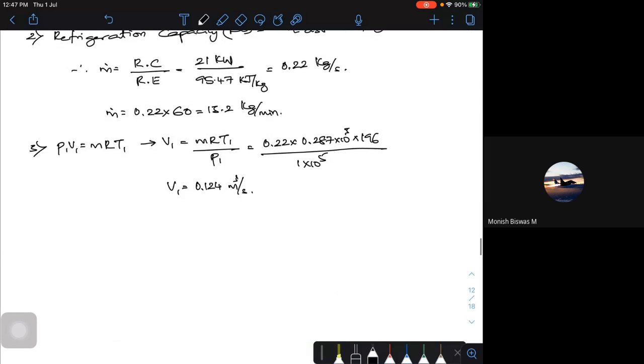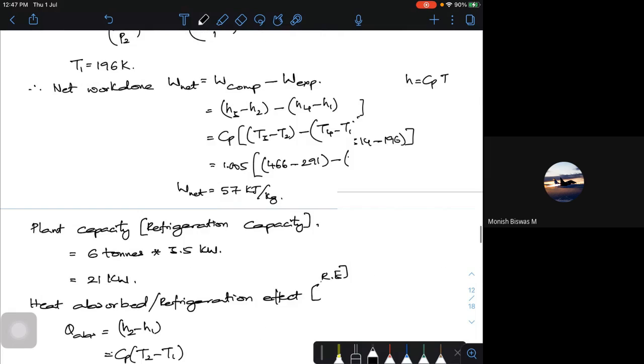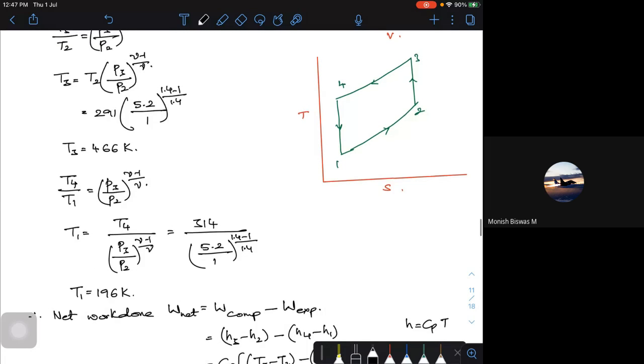So similarly, I can put P2 V2 is equal to mRT2, or I can write V2 is equal to mRT2 by P2. This is 0.22 into 0.287 into 10 to the power of 3 into the temperature T2. So T2 is how much? T2 is found to be 291